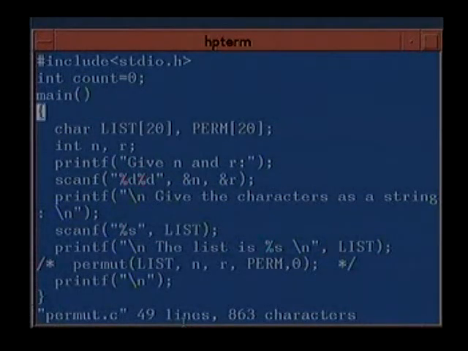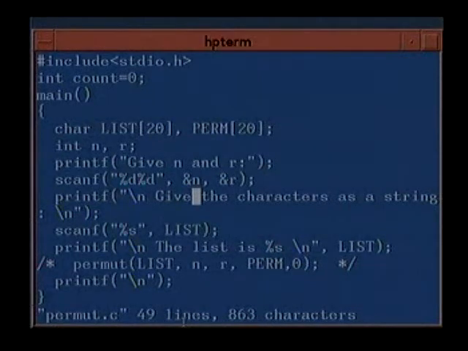This is the main program, and we will not call the permutations, we will just look at strings first. Here I have declared two character arrays, or you can look at a character array as a string. One is list of size 20, one is perm of size 20, two integers n and r, and in a permutations problem we will first give n and r and read them, and then we are giving the characters, that is the n characters we will input as a string.